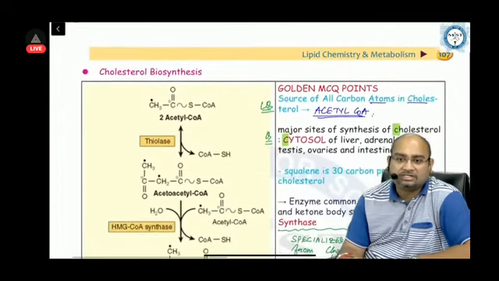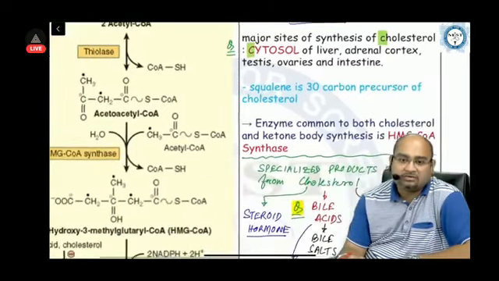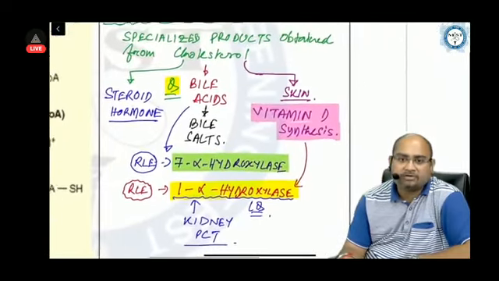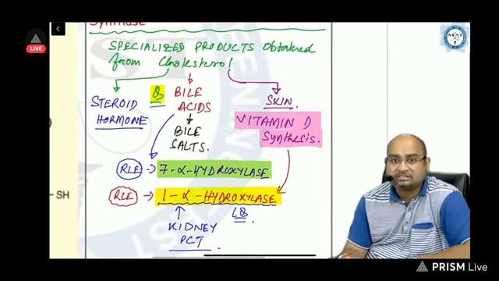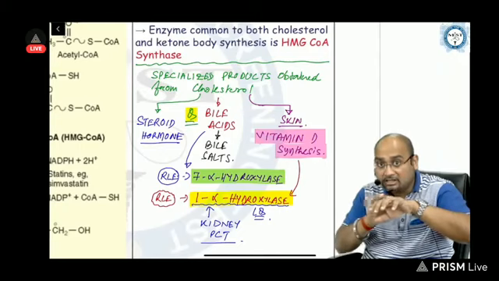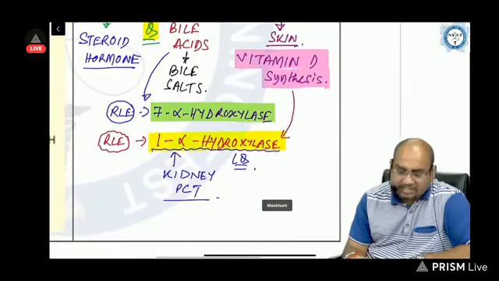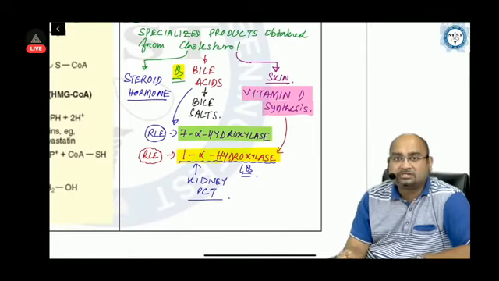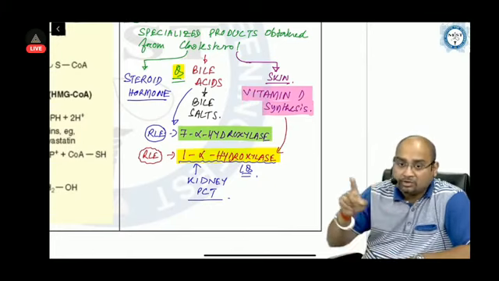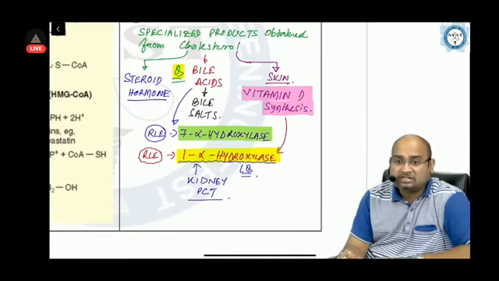Cholesterol synthesis is seen in the cytosol, and all the carbon atoms of the cholesterol come from acetyl-CoA. The specialized products that can be obtained from the cholesterol are steroid hormones, bile acids, bile salts, and vitamin D synthesis in the malpighian layer of the skin. Skin has a malpighian layer where this synthesis will happen, beta. Rate limiting enzyme of vitamin D synthesis, please remember, is 1 alpha hydroxylase. 25 alpha hydroxylase is present in the liver, that is not the rate limiting enzyme. 1 alpha hydroxylase is present in the PCT of the kidney, please try to understand, that is the rate